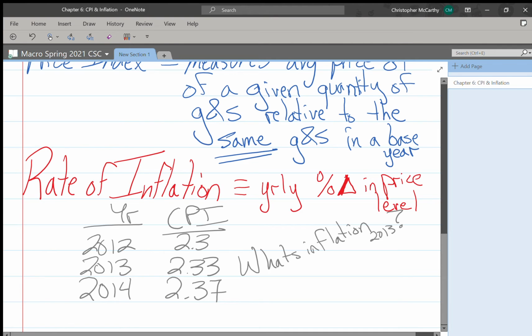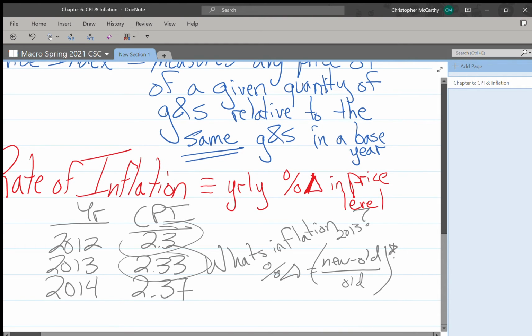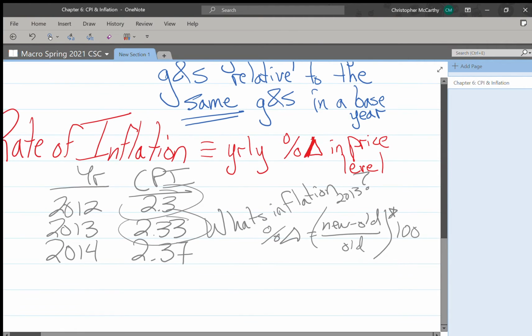It's literally just the percentage change in the CPI from 2012 to 2013. So it's just any kind of percentage change, right? Percentage change is the new minus old over old times 100. All right, this is standard arithmetic kind of stuff. So to get the inflation rate, the percentage change of these CPIs, the new price level,